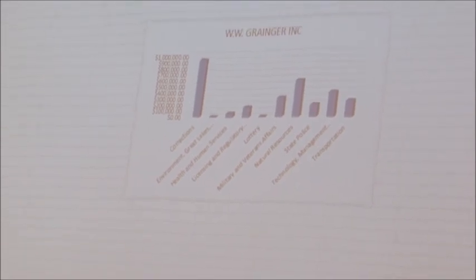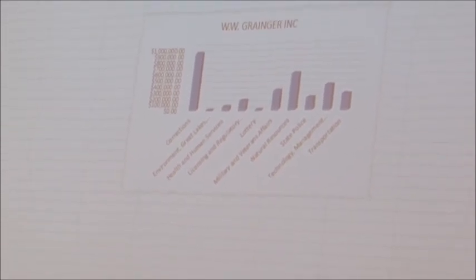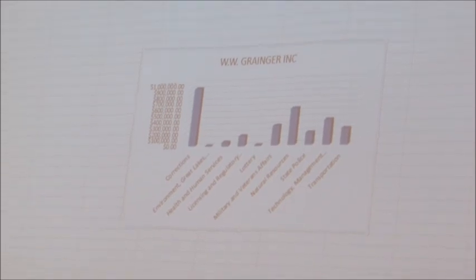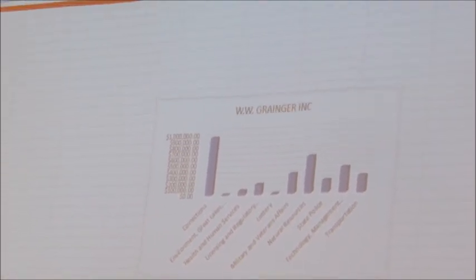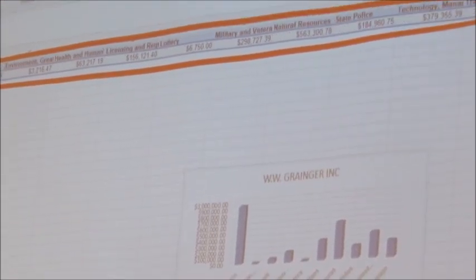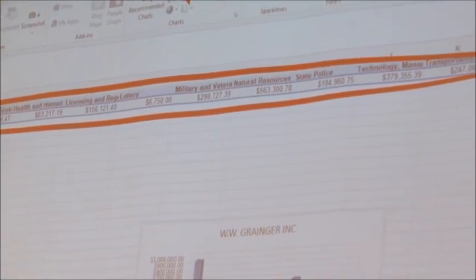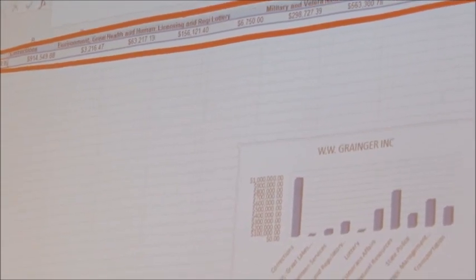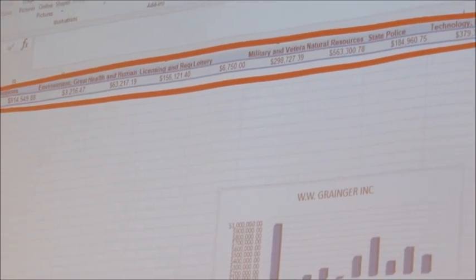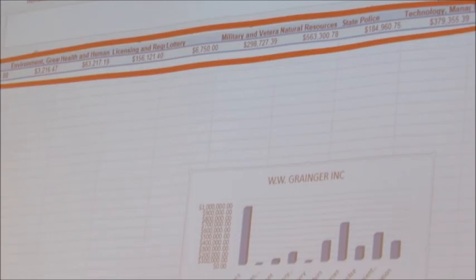As in the case of Grainger, you can see that they've sold very highly to corrections. This will give the client an idea not only of what their competitor's doing, but also of who their target agency might be. You can do this if there are multiple competitors they have in mind, to give them an idea of who to market to. I'd recommend repeating these steps with